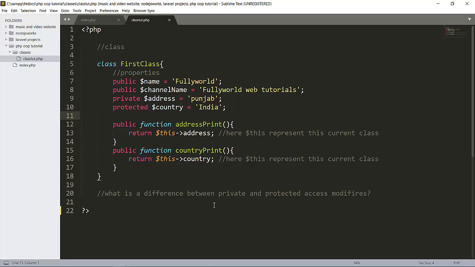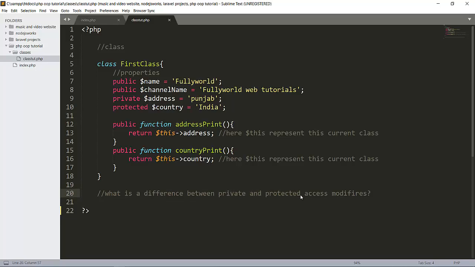Inheritance means that one class will inherit all the properties of another class, and we can also add more properties to that class. We will learn how we can inherit a class, how we can copy the properties of one class to another class, and we will see the difference between private and protected with the help of inheritance.